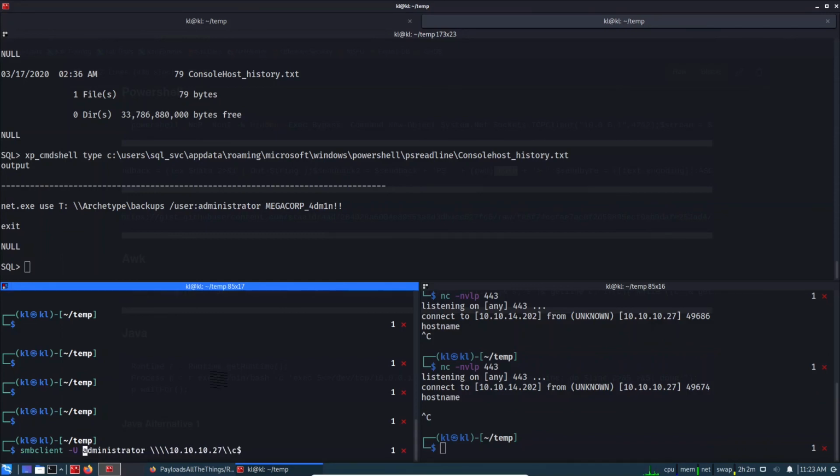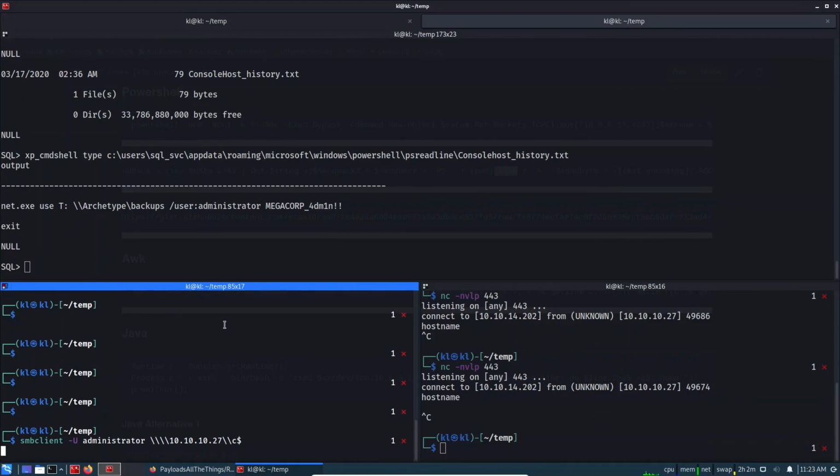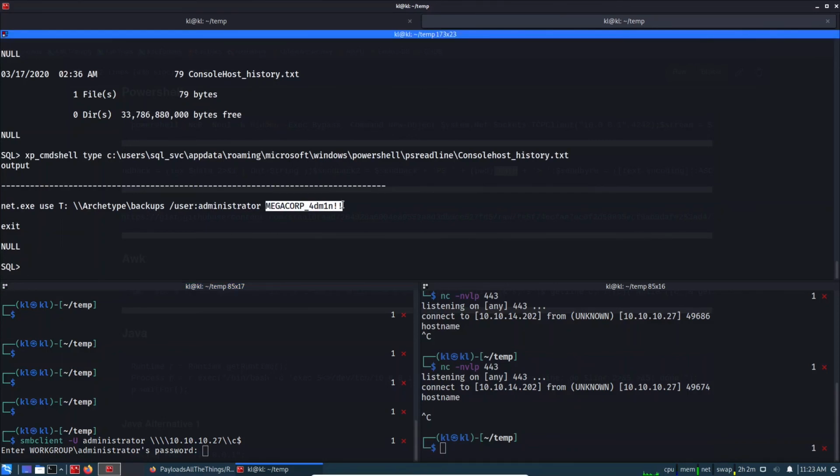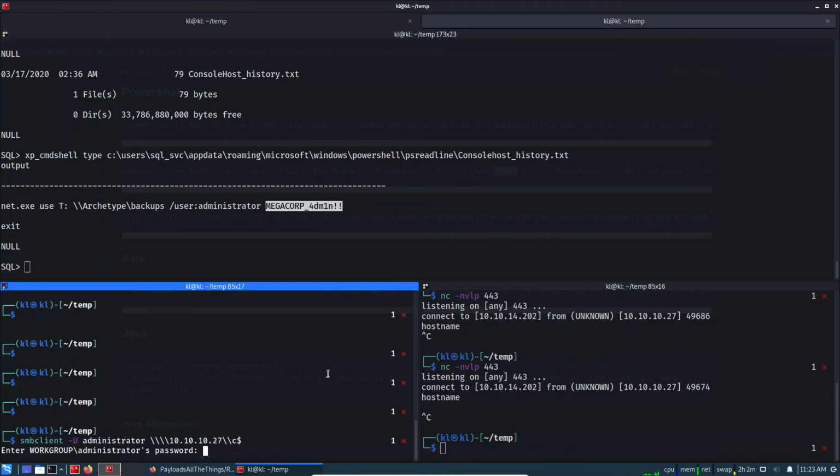To use it again, using the username, we need -U administrator and //IP/C$. Remember the C$ share can only be accessed using admin privileges. So we can now access it. It will ask for a password, and the password is this. Copy, paste,